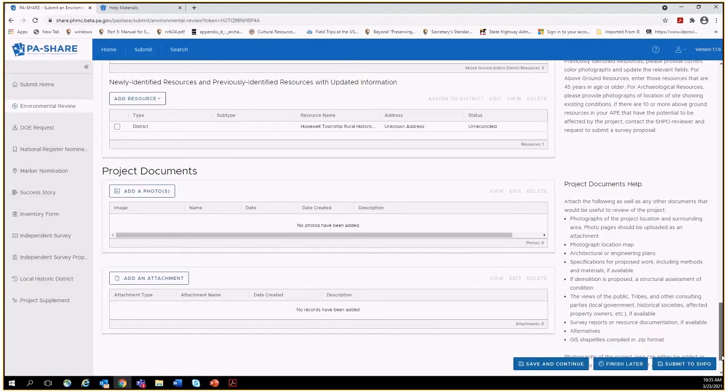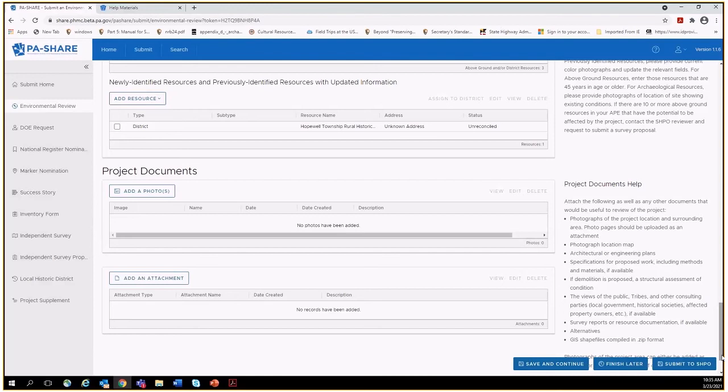If you're going to demolish something because it's in poor condition, maybe a structural assessment, any kind of alternatives you considered, all that stuff would go in this section, the more detailed information. Now, if you recall, when you submitted the project review form, we were asking you to send the form and then a PDF attachment with the description, the photos, and the plans. Similarly, in PA Share, you just want to upload a single attachment if you can with all of that information,